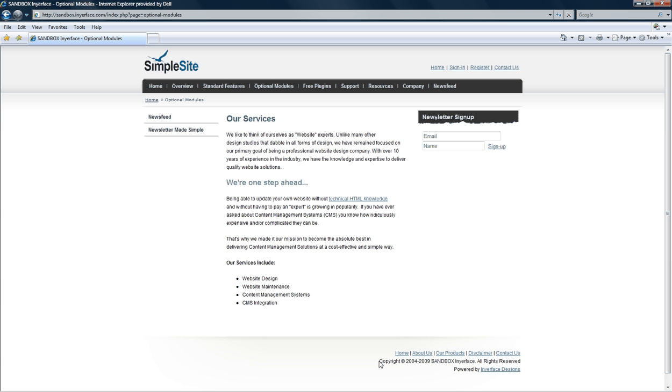A footer is a good example of a global content block because it's the same on each and every page, and if at a later date anything changes in the footer, for example, the name of the company or all rights reserved, or we want to add a TM to the company name, you could do that by editing only